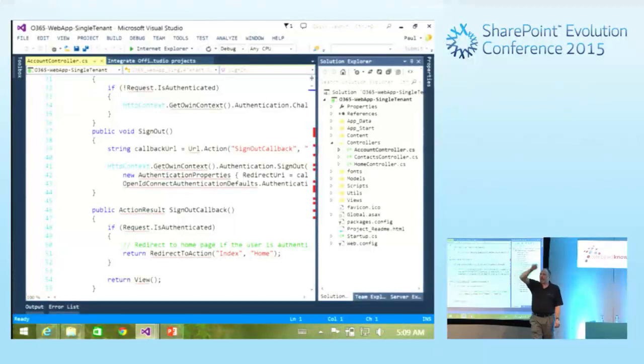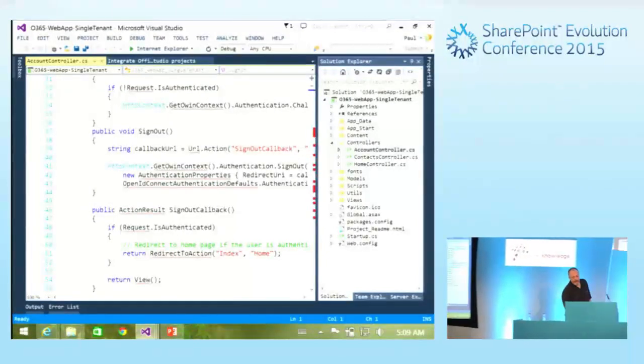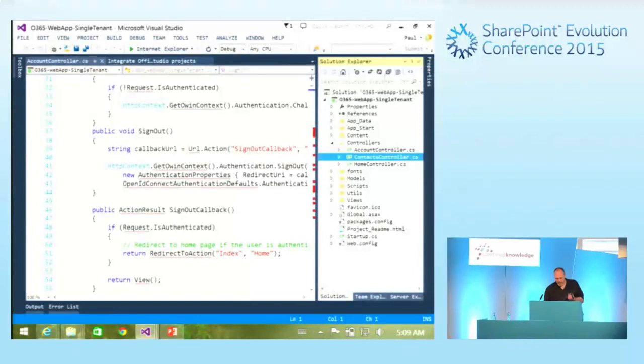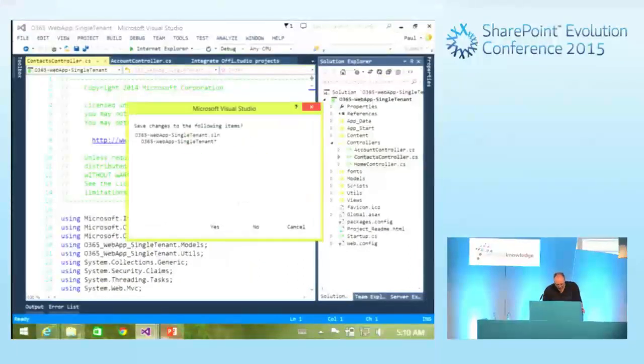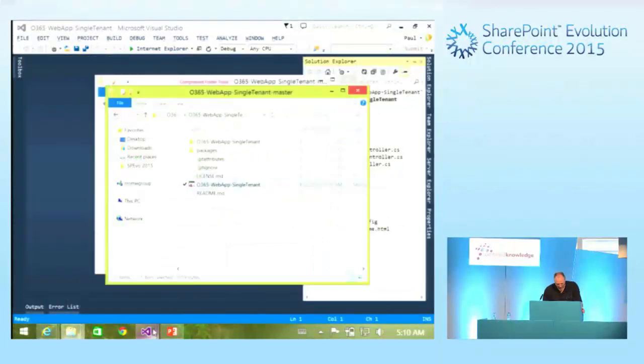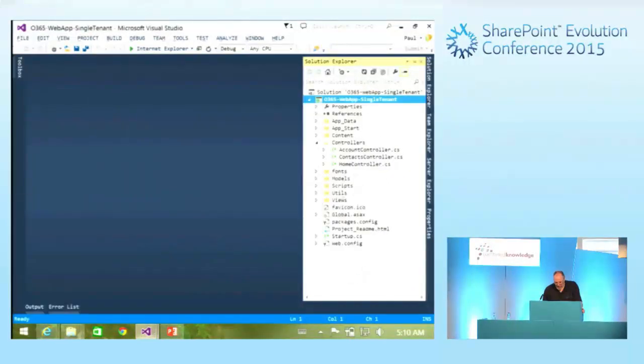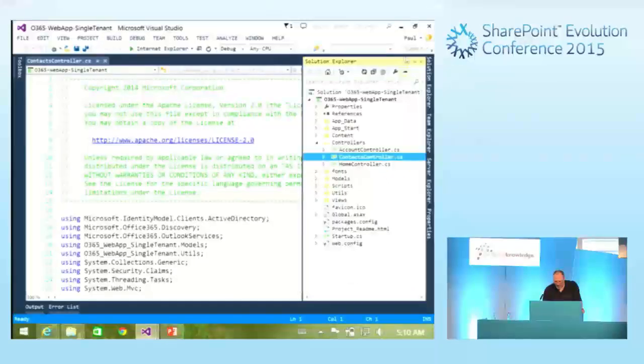All that, on the picture, we went back and forth, remember all that? It's taken care of for me using this account controller that Microsoft's given to us. And then I have a contact controller. Actually, I'm going to switch over to the one that's ready to run. That would be this one. If I look into the contacts controller here,